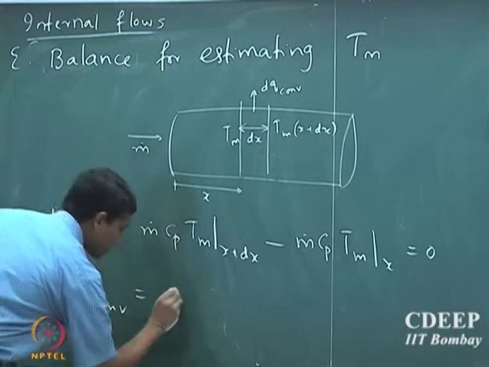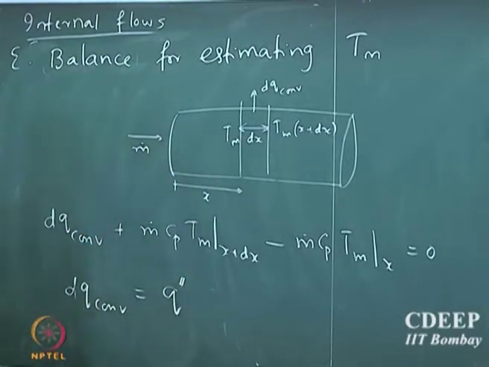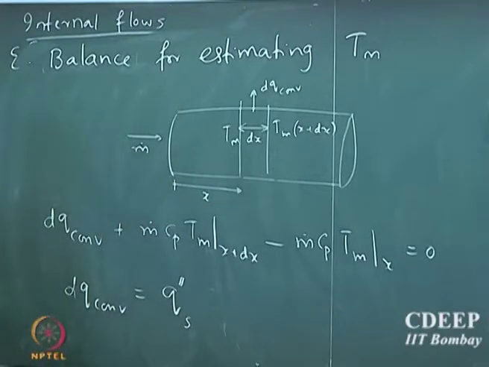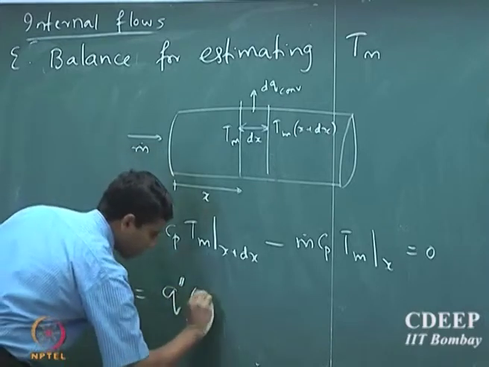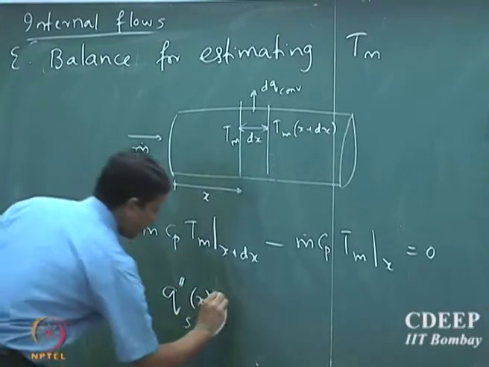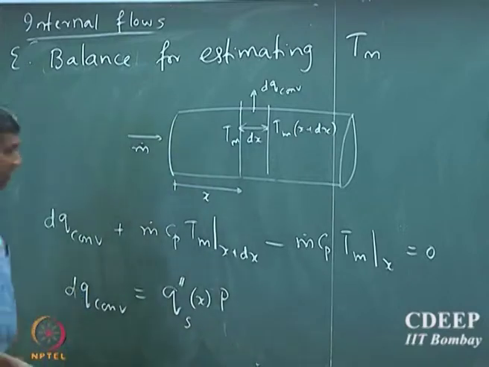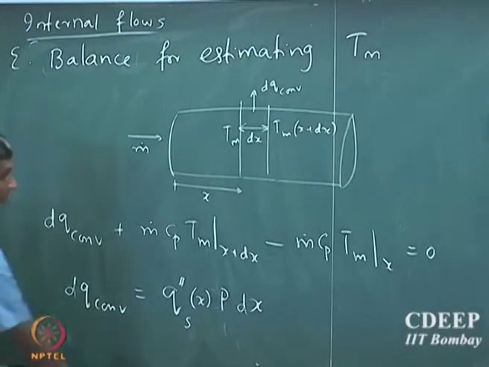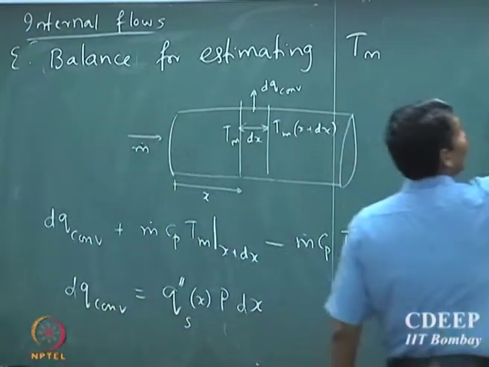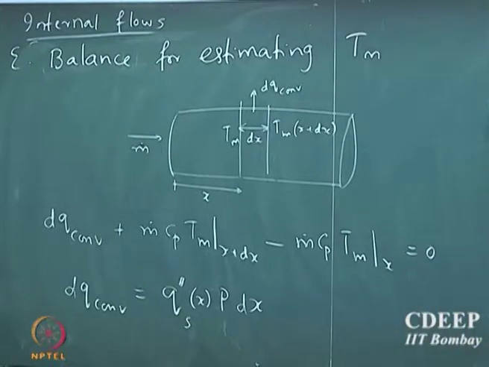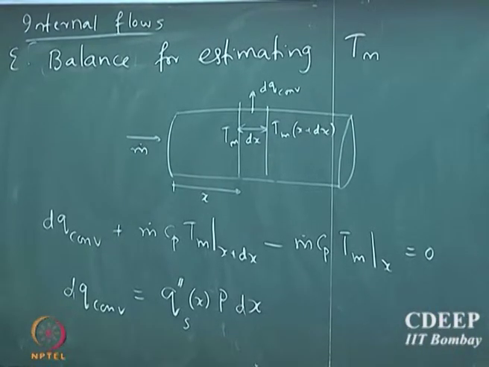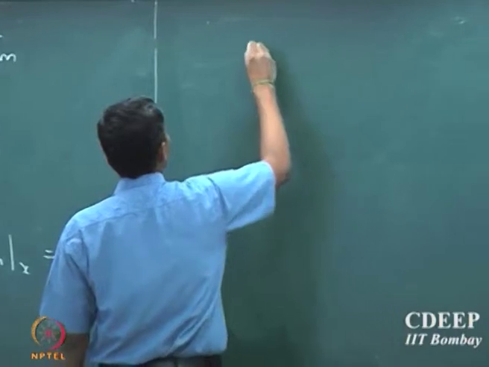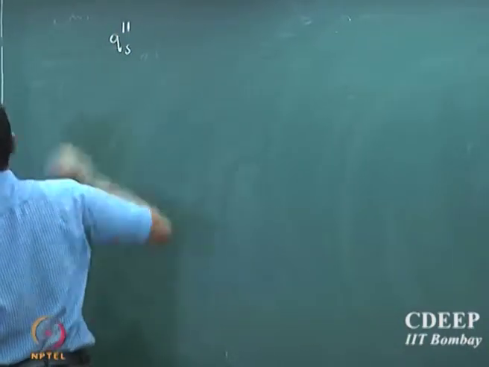If the flux of heat transport is q double dash, okay, we don't know whether it is constant flux or not. Let's say in general the flux is qs, so it could be a function of x, multiplied by the perimeter, into dx, right. So that's the convection, right. So therefore if you plug this in, you will see that qs double prime